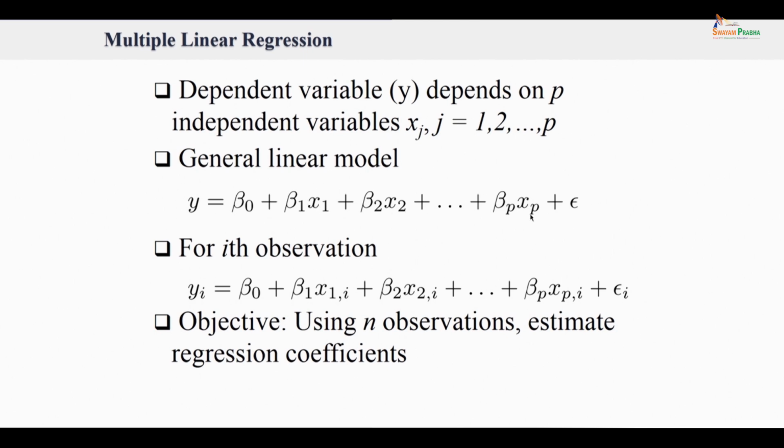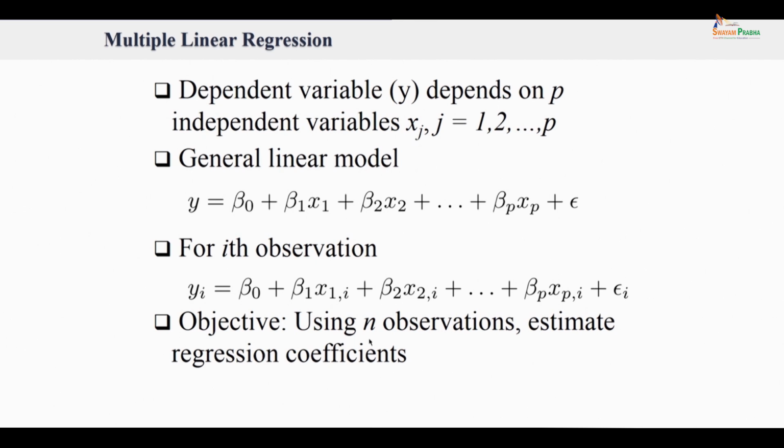If we take the ith sample corresponding to this measurement of x1 to xp and the corresponding y, we can say that the ith sample dependent variable yi is equal to beta naught plus beta 1 x1i, the ith sample value of the independent variable 1. Similarly beta 2 times x2i, where x2i represents the value of the second independent variable for the ith sample, and so on, plus an error epsilon i that corrupts the measurement of yi, and so on for i equals 1